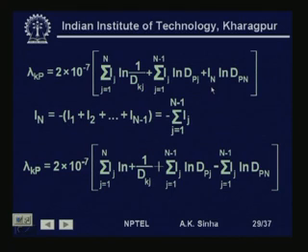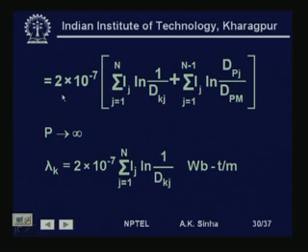So, substituting this here, we get lambda k p is equal to 2 into 10 to the power minus 7 sigma j is equal to 1 to n I j log n 1 by d k j, this plus should not be there, plus sigma j is equal to 1 to n minus 1 I j log n d p j, minus for this term sigma I j, so minus sigma I j, j is equal to 1 to n minus 1 log n d p n,